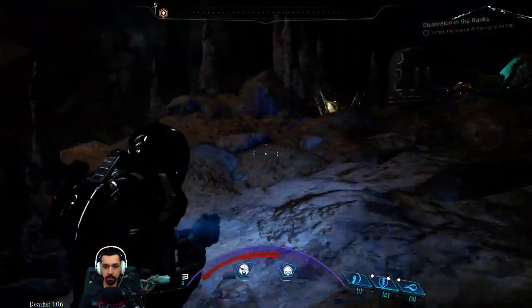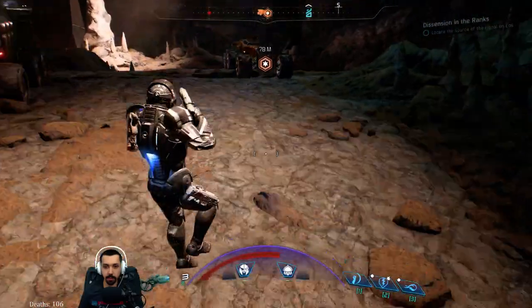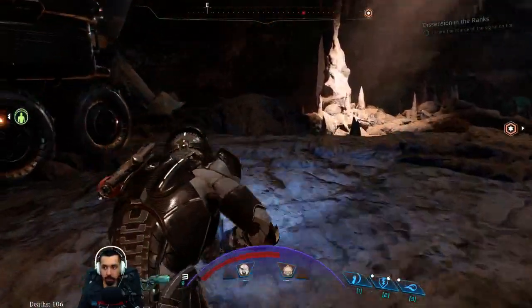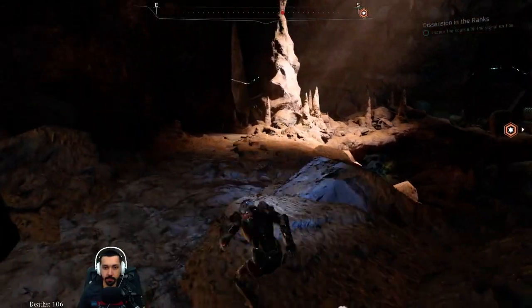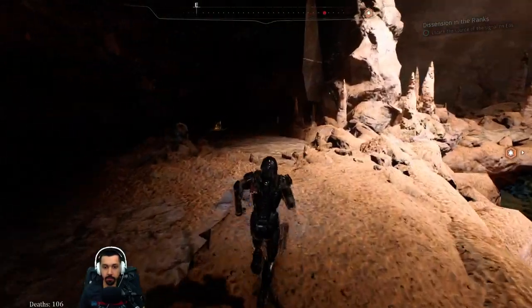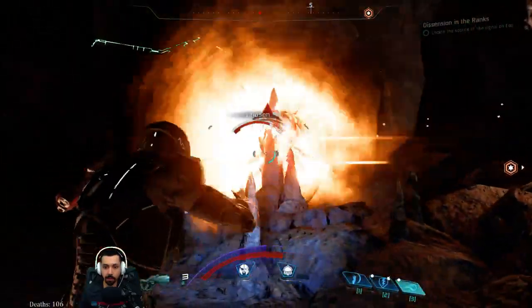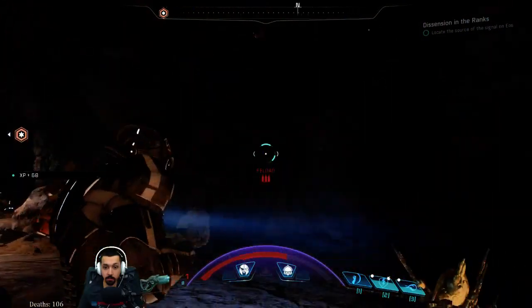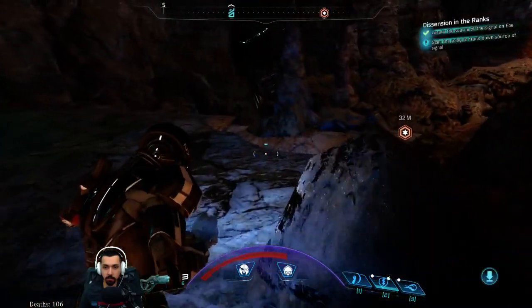There we go. So let's go back over there. Yep, it's that area over there. Cool. Enemy is down. This is the nav